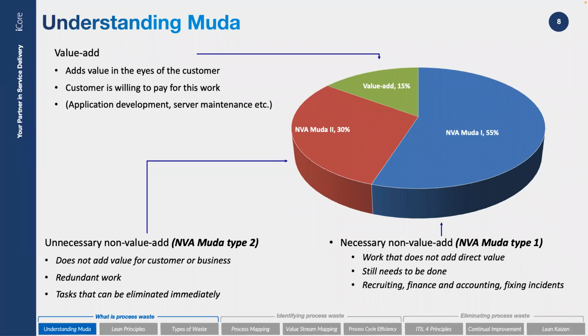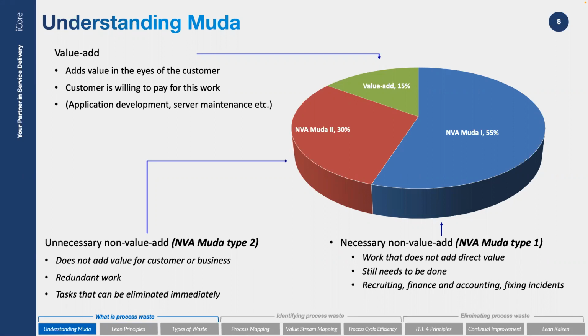I know some of you straight away are thinking, hang on a minute, fixing incidents, shouldn't that be a value add? Well, not really, because value add is delivering a product that hasn't got any defects in it, so there won't be any incidents from it. That is the value add. That's where we want to be. However, as we know, because of the constraints, we don't always get there. So we've got fixing incidents as part of Muda type 1. If something goes wrong, we need to fix it. It's necessary work that doesn't add direct value.